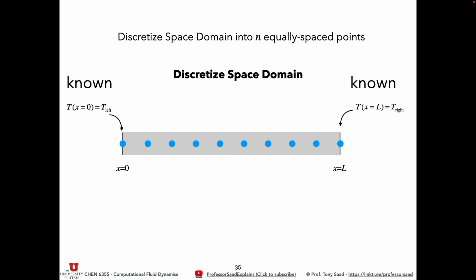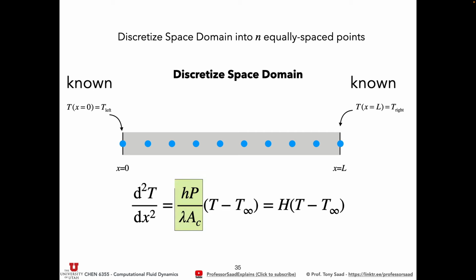Then we split the domain into a bunch of discrete points, equally spaced. You could choose: 100 points, 2,000 points, 15 points. Just put a bunch of points, and then you can calculate the spacing in between them. For simplicity, I'm going to make this equation